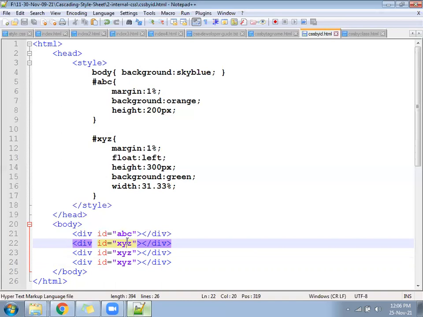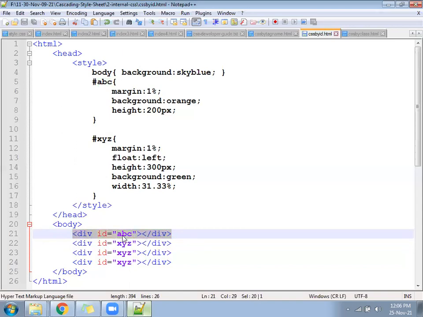So in that case, CSS says no problem. Do one thing in one page. If one type of design you want, then you follow ID. Using the same ID, your JavaScript will also communicate, and using the same ID, your CSS will also communicate. Look here, ABC is written only one time here. There is no problem for the JavaScript.